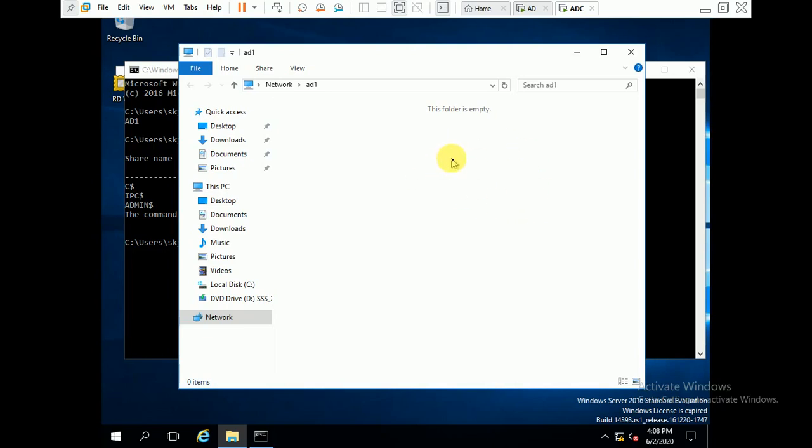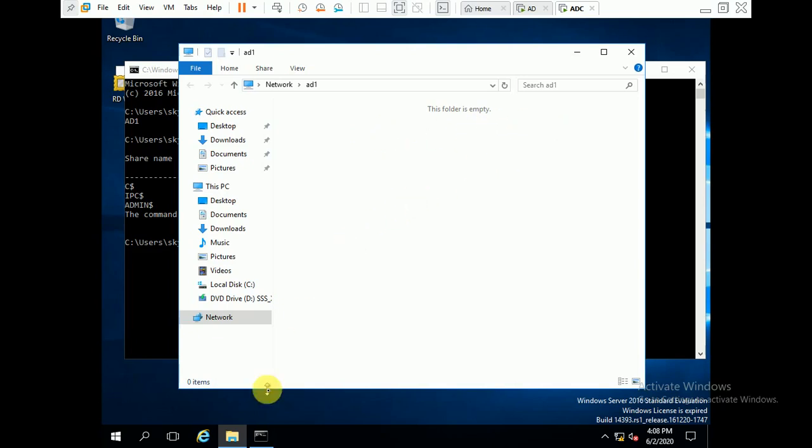If you create policies on the ADC server, they should replicate to AD, and if you create them on AD, they should replicate to the ADC server. I will show these things later, but first we will try to recover the missing netlogon and sysvol folders.